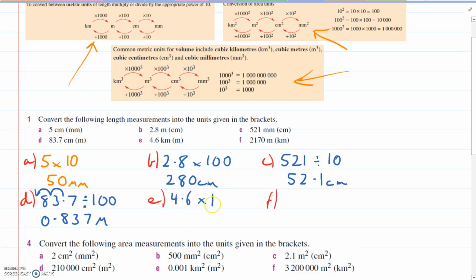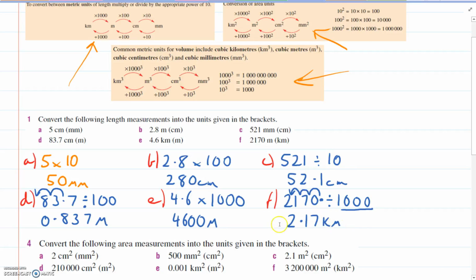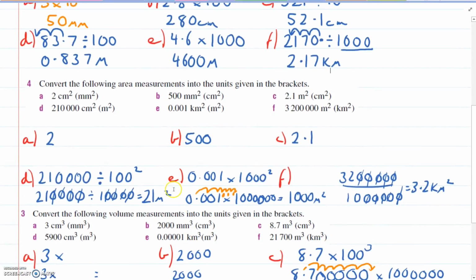Kilometers to meters, timesing by 1,000. And meters to kilometers dividing by 1,000. Bit of a trick to these is, imagine a decimal spot there, and we're jumping 3 spots because of our 3 zeros, so 2.17 kilometers. I won't go through all of these, but this changes a bit if we're looking at area, or centimeters